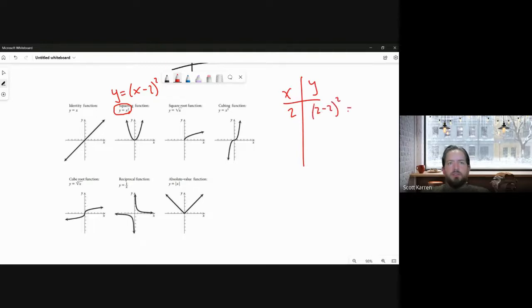But 2 minus 2 is 0, so that's 0 squared, and so this is 0, right? If I try, let's say 1, then I've got 1 minus 2 squared. But 1 minus 2 is negative 1. Well, that's 1. Right? And let's throw in 3, and I have 3 minus 2 squared, but that's 1 squared,